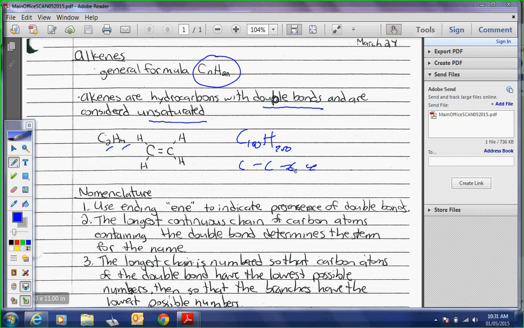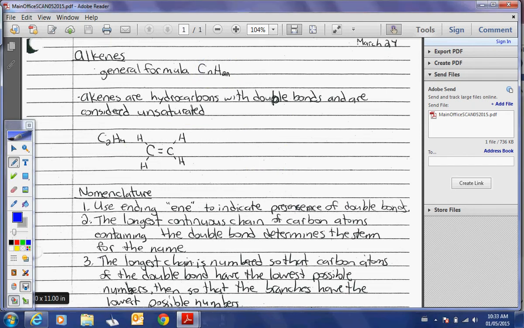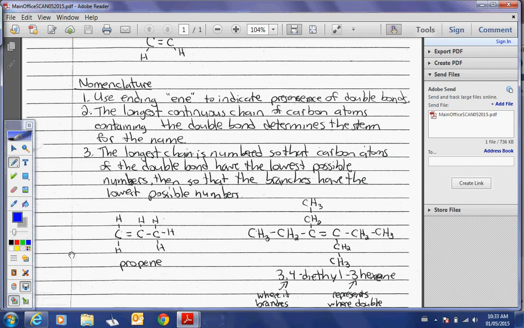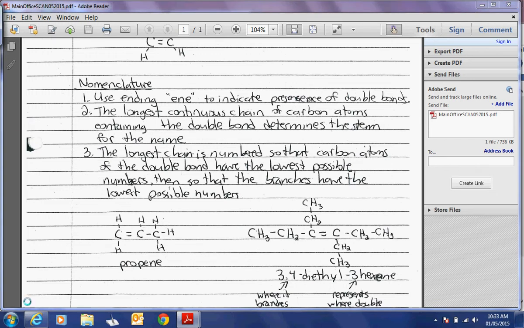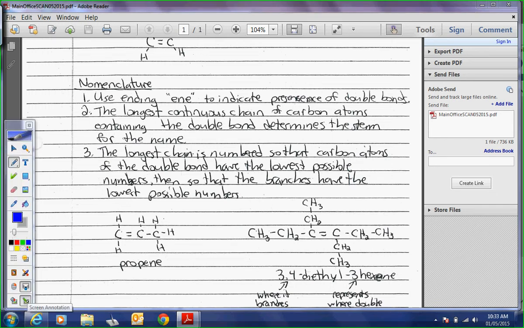So when you're naming them, you're going to end in -ene. I pointed out quite often that when we were writing our alkanes, everything ended in -ane: ethane, propane. And yesterday when we were doing the dramatizations, I said, what would that be named? And you said propene, right? Great, so you've got the point that alkenes end in the ending -ene.